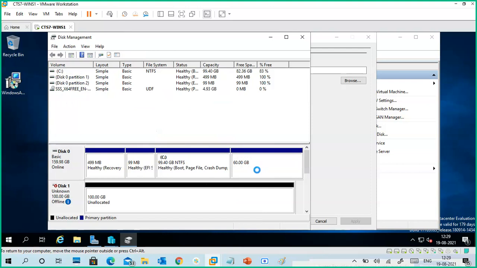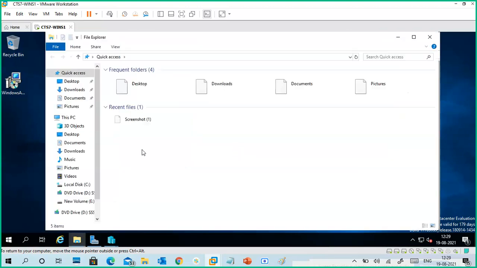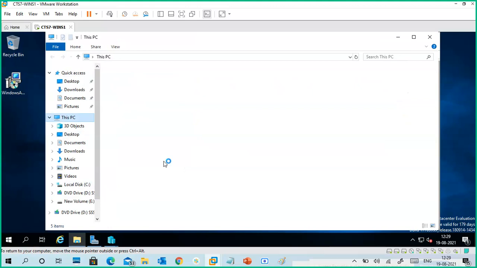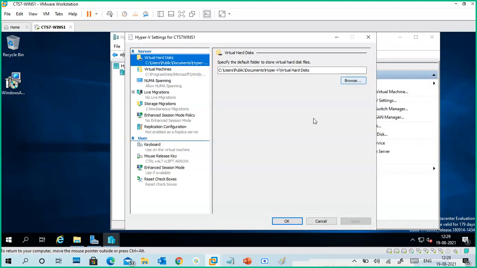That's it, you already know, so I just click next. So 60 GB E drive. Okay, it is created. Now you can see the E drive of 60 GB. Actually, you should give more.